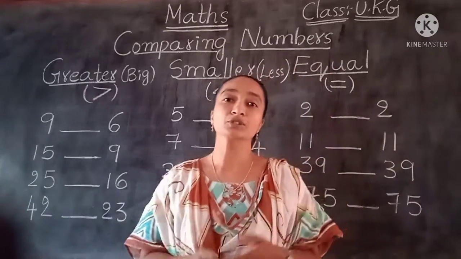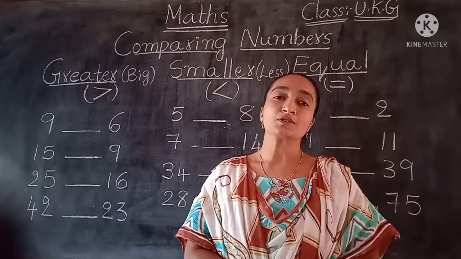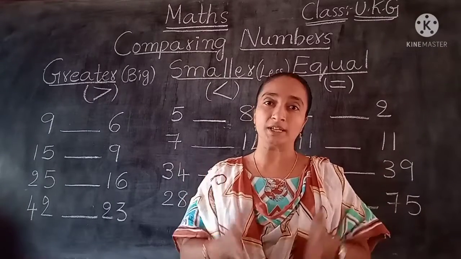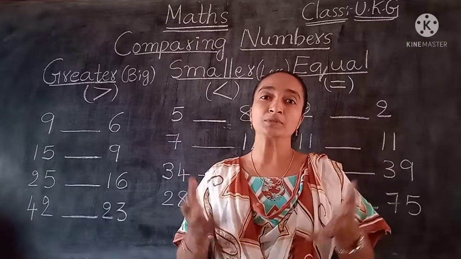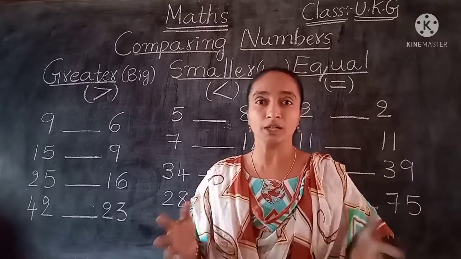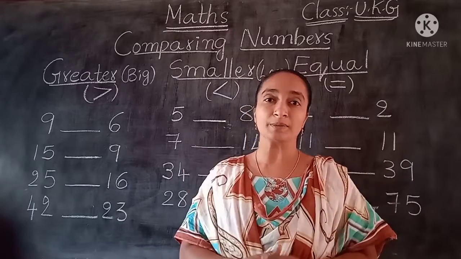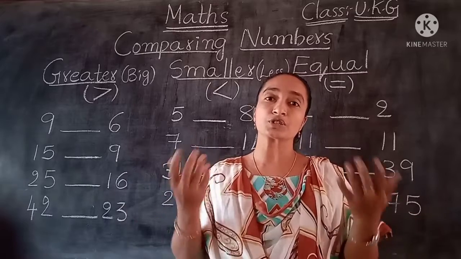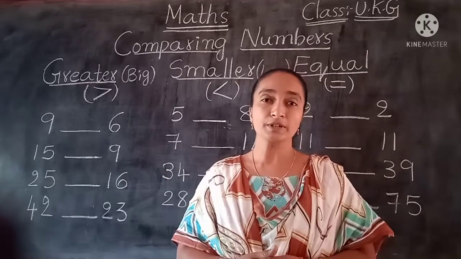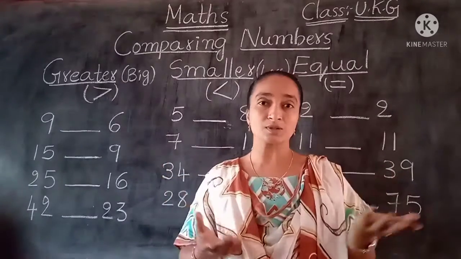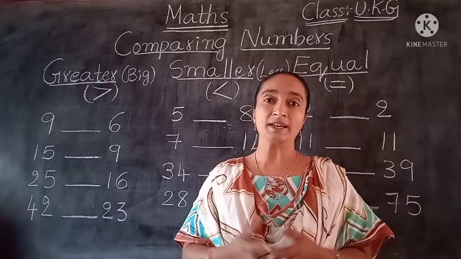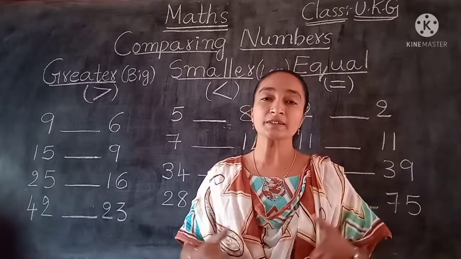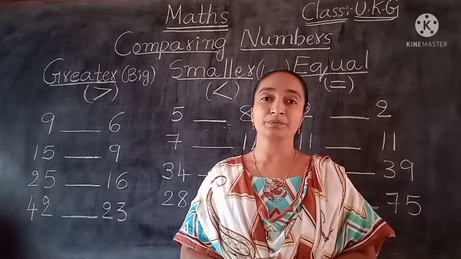When you compare two things, children, how could we find out? Comparison is between two things. Any two numbers, two things or two objects, whatever they may be. So what do we mean by comparison? According to their size or shape or whatever it is. Big or small, greater or less, tall and short, more and less. Isn't it, children? This is comparison.